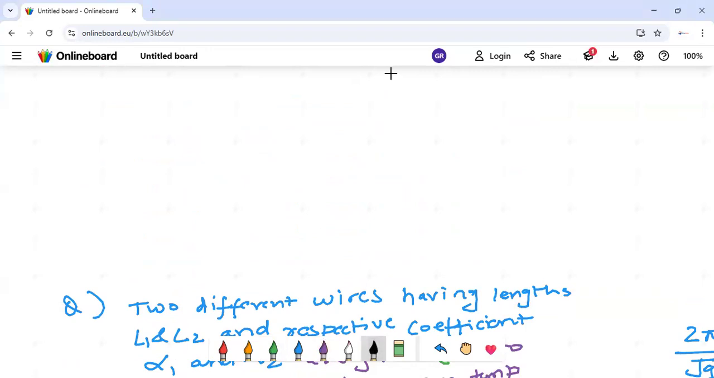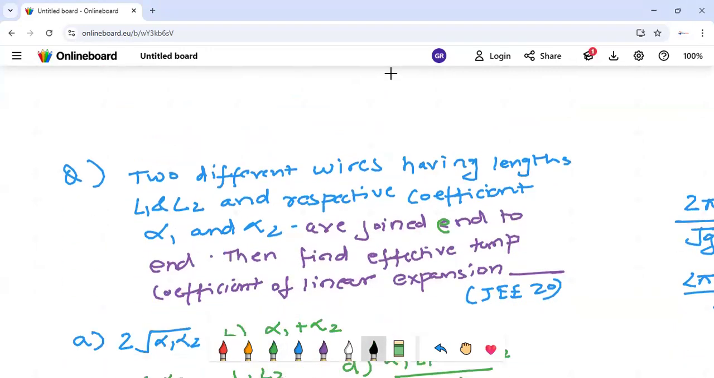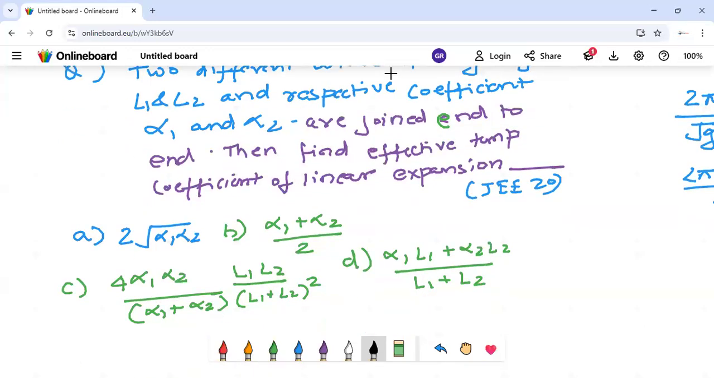Okay, so if you solve this question, you'll get option D. Avijay, Joynil, correct. Okay. So what you have to do in this question,